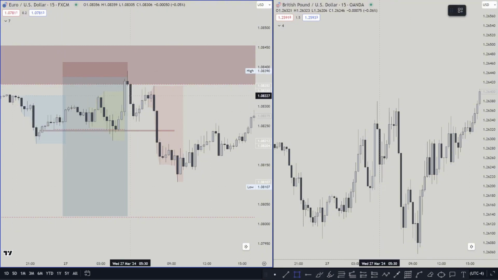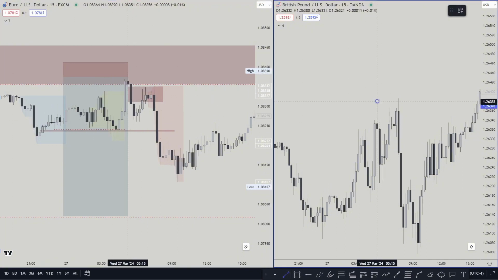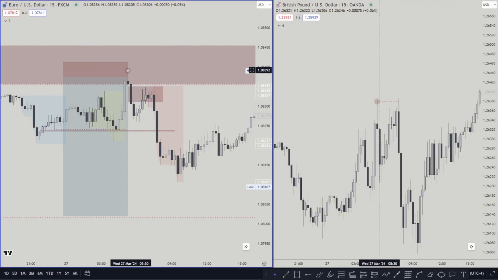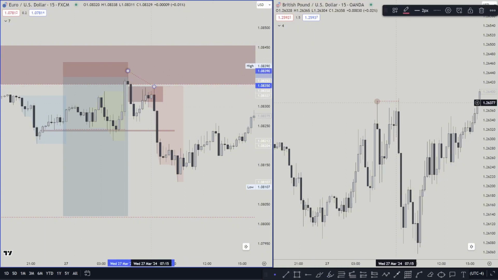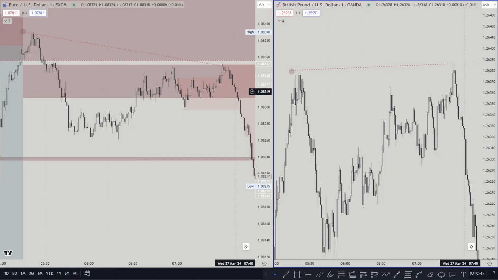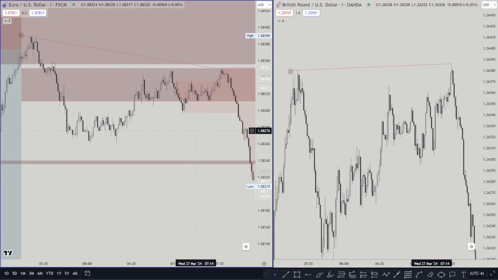You see, we had a fair value gap on the 15 minutes on EU. On GU, on the other hand, price was only coming to this fair value gap on EU. However, on GU, the same high that created that fair value gap was taken. So that's an SMT where we get a high taken here, but a high protected here. So that was an SMT that I was seeing very clearly. So from this to this, that's an SMT.